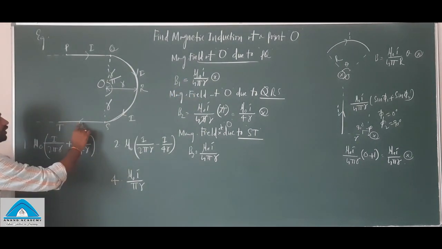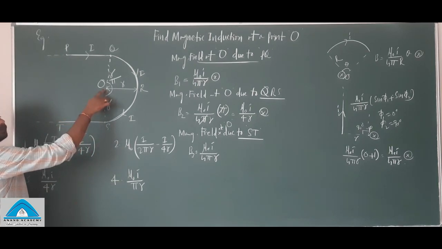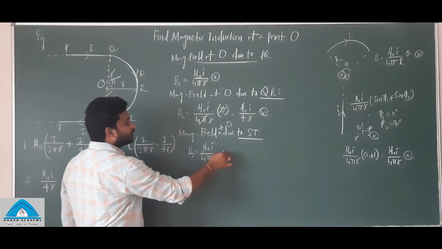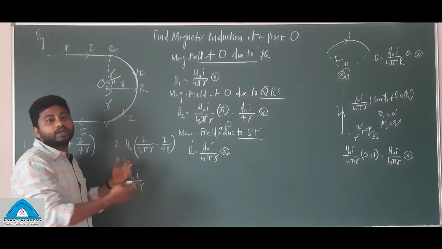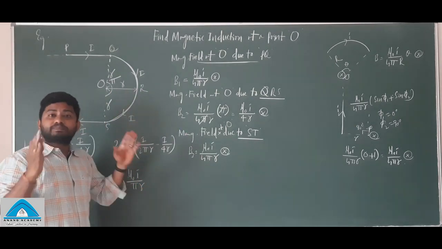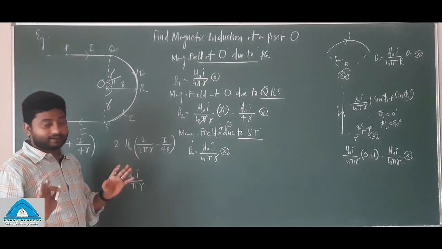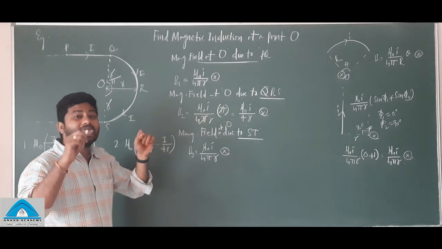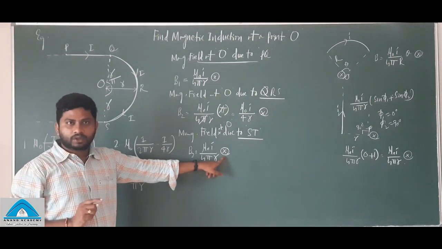So the direction here you can see. This is the current-carrying direction, and on the right side of it the point O is located. The field lines are into the plane. In the detailed analysis we are doing, simply on my own I am not moving ahead. There is a purpose of discussing all these things. Understand? So now B3 is equal to mu naught I by 4 pi r, the magnetic field. So the magnetic field line's direction is into the plane, right?